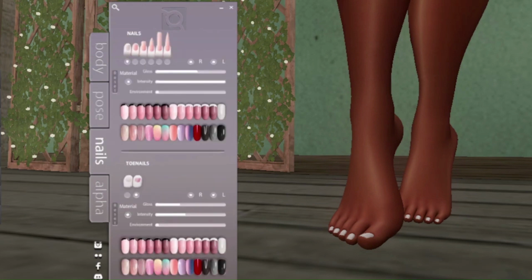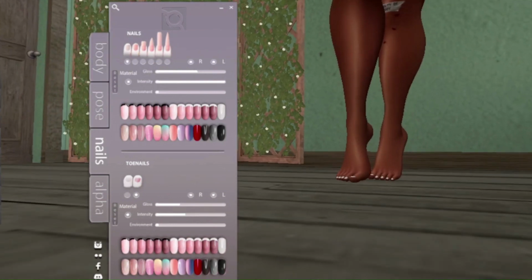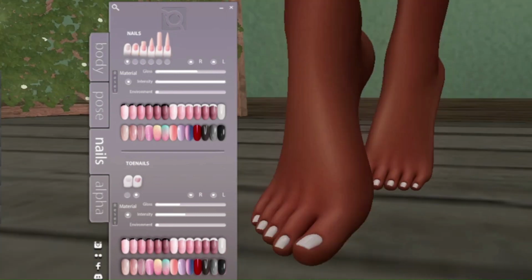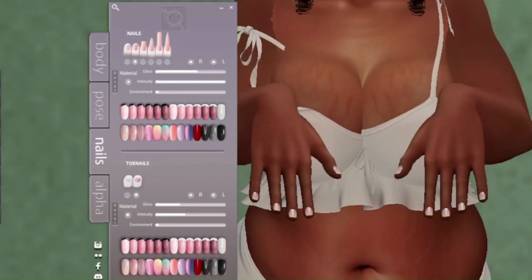So then we have my favorite part, which is the nails. I think that Reborn has the best nails that I've seen so far on the grid. Okay, so as you can see, I'm showcasing you the different nail sizes that you get, and they do get pretty long and pretty sharp. You can also alternate between the left and right